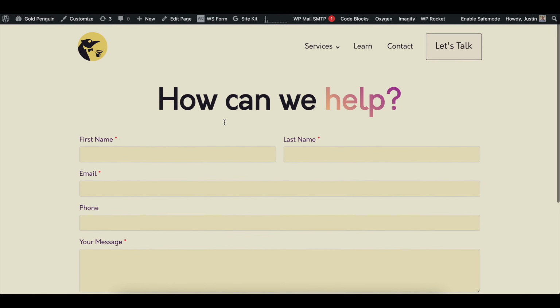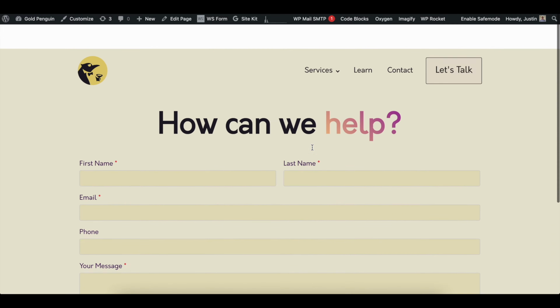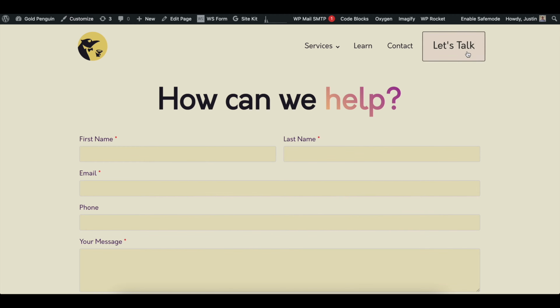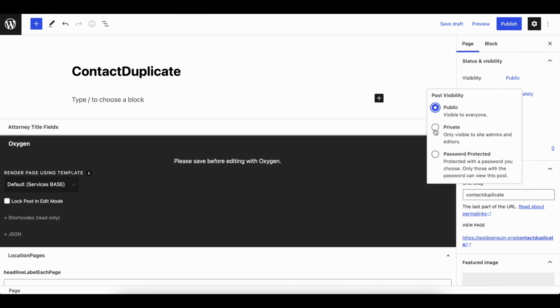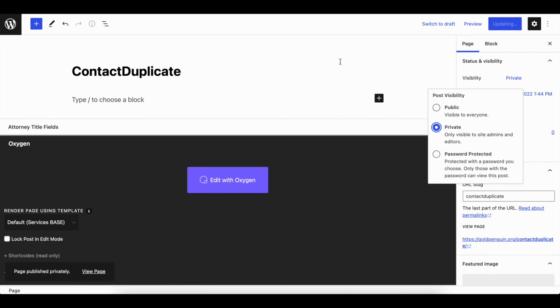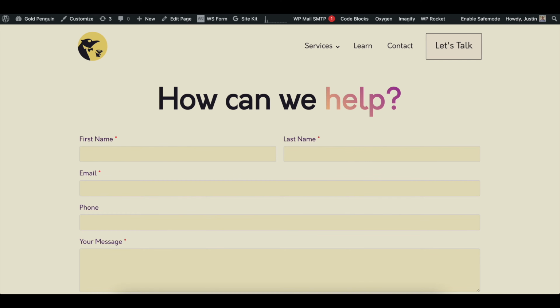So this is our contact page that we have on our website, and we'll just be duplicating this in Oxygen. The way you do this is go to add a new page to your website, and let's call this contact duplicate. I am going to make it a private page real quick, just so it doesn't get indexed. And then what we're going to do is take this contact page and edit the actual page so it'll